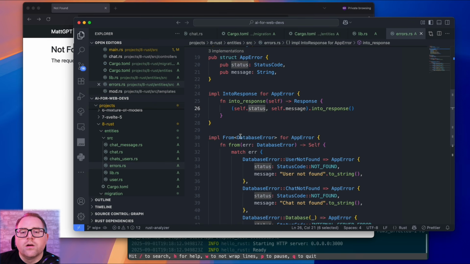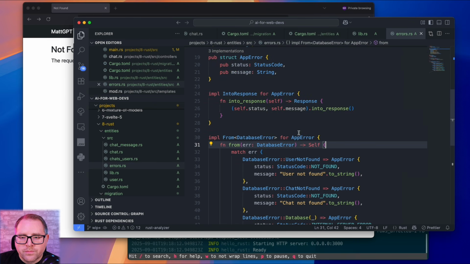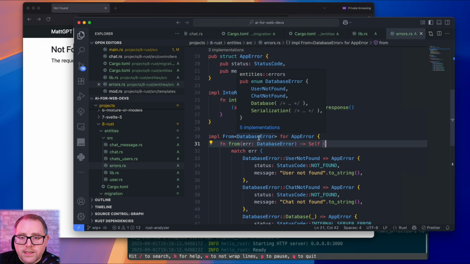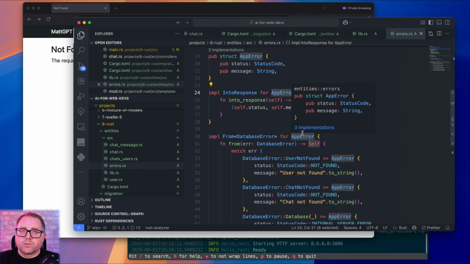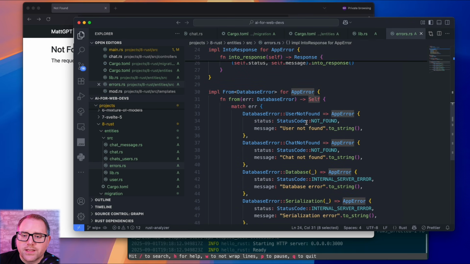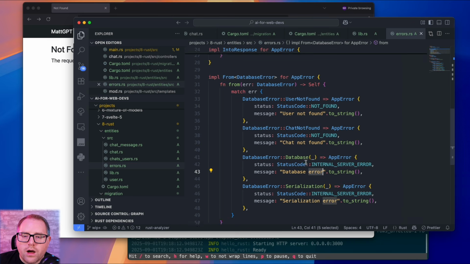And then we're also going to convert from database error to our app error, because the app error is what we're going to return from our controller. You'll see in a second. So if we have a database user not found, we're going to return a not found, user not found. Same thing with chat not found, chat not found. But if we have these other errors, we're going to have a 500 and then a different message.